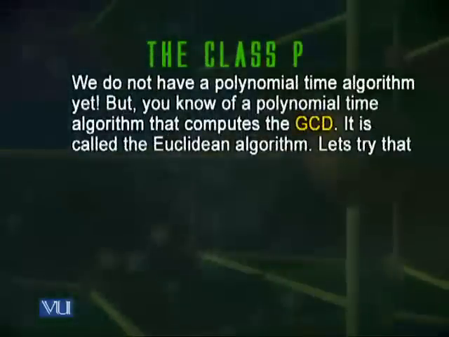That is an enormous amount of time. So this algorithm will fail, or will take an extremely long time, if you give it a 50-bit number. This is not an efficient algorithm. It's an exponential time algorithm, exponential in the size of the input. So we do not have a polynomial time algorithm yet, but you know of a polynomial time algorithm that computes the GCD. In fact, in elementary school, every one of us learns how to compute the GCD,